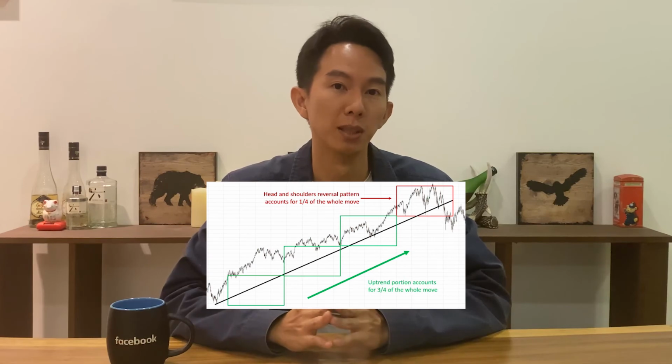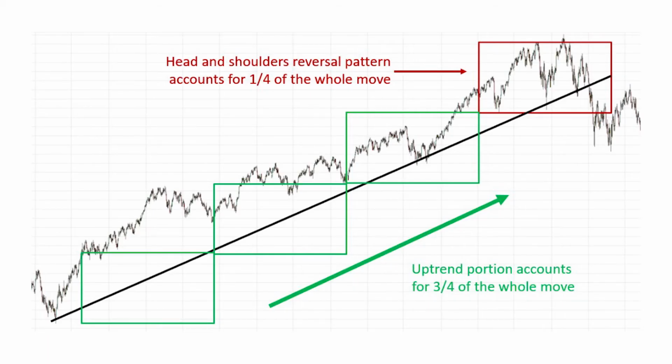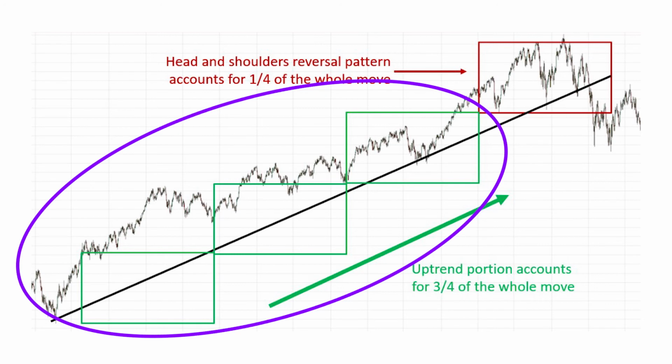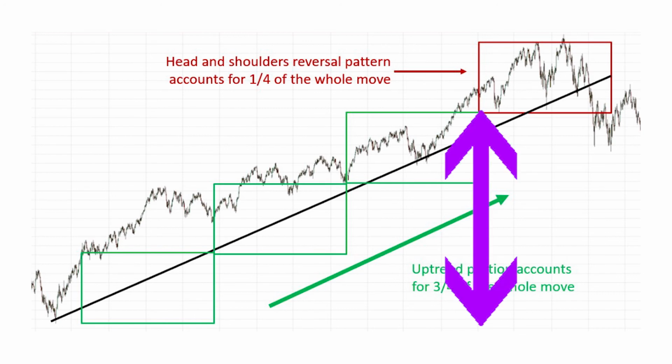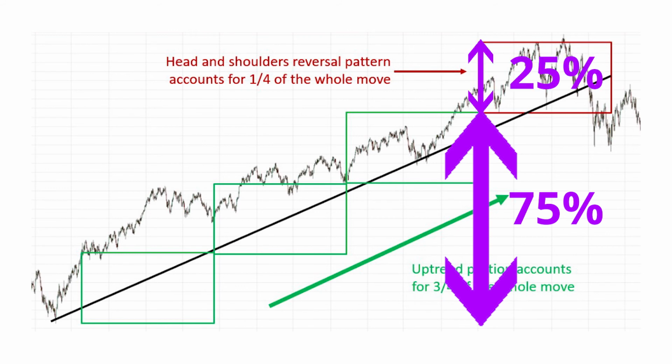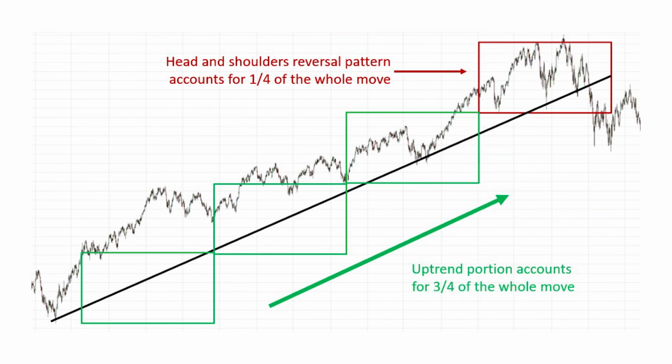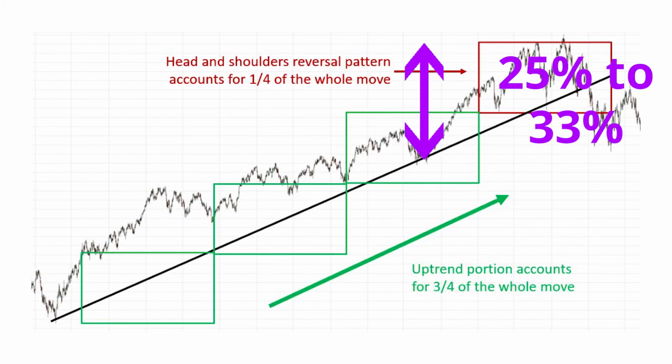As you can see from the chart above, this is an example of a strong trending market. If you look at the 3 green rectangular boxes, which ended in a head and shoulders bearish reversal, which is the 1 red rectangle box. This means that for the whole move up, if we only measure the vertical distance, which is the height, the trend accounts for 75% and the reversal pattern accounts for 25%. This is within the healthy range, meaning that the pattern size is proportional to the whole trend. Typically, a reversal pattern works best when its height is about 25% to 33%, which is 1/4 to 1/3 of the whole move.